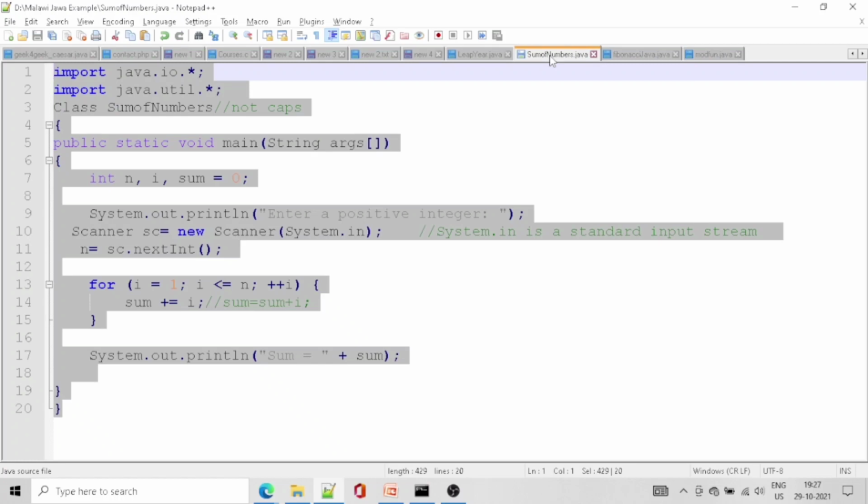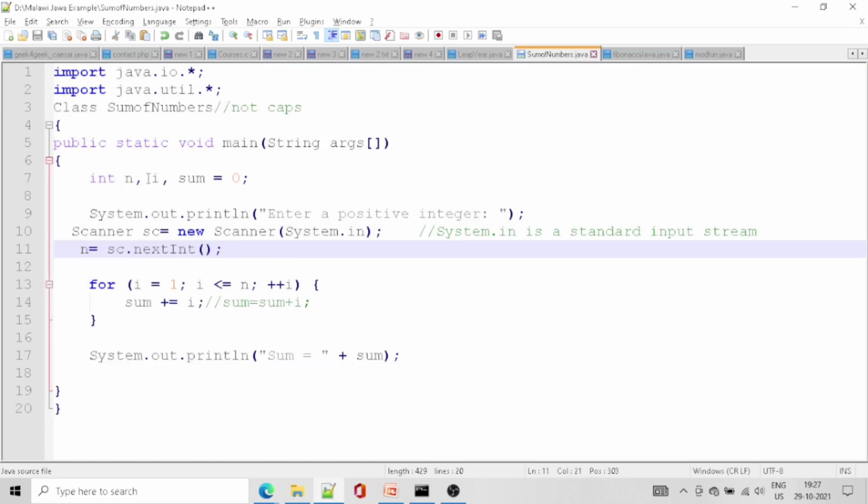The next one is sum of numbers, sum of positive integers. Here we are getting the input from the user. After that we are adding the numbers.